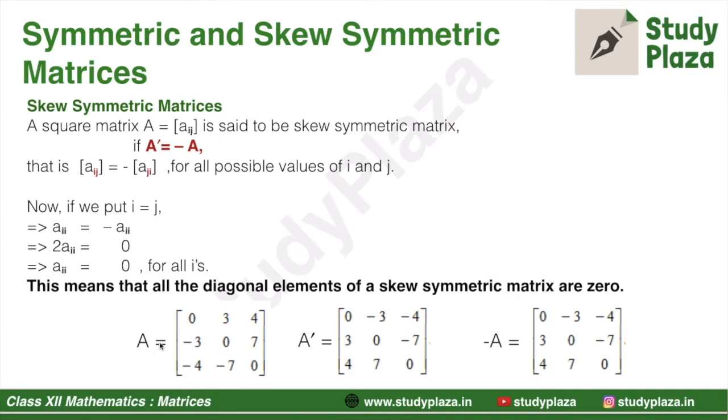Let us take this example to understand the skew symmetric matrix clearly. Here matrix A has 3 rows and 3 columns. We will first frame A dash, that is the transpose, by changing the rows to columns. So the first row of matrix A, that is 0, 3 and 4, will form the first column of matrix A dash, that is 0, 3 and 4. Similarly, second row will form the second column, and third row will form the third column. So we get the A dash matrix. You can see the difference between A and A dash is the position of the minus sign. If we take the minus sign common from matrix A, it will be like this, and this will be equal to A dash. So A dash is equal to minus A, hence this represents a skew symmetric matrix.